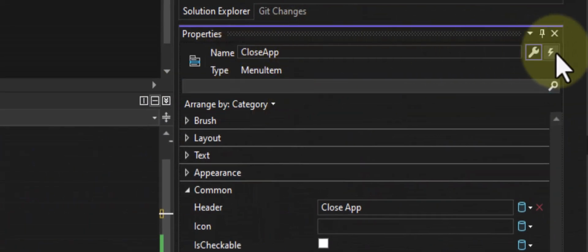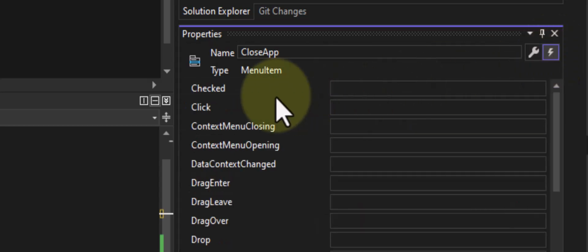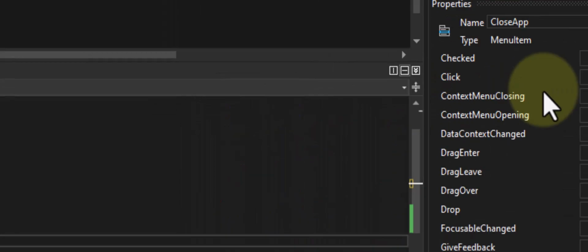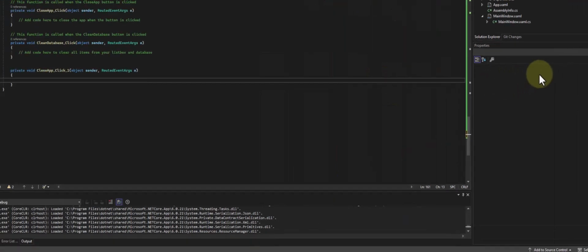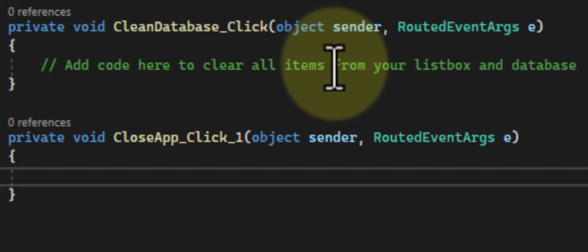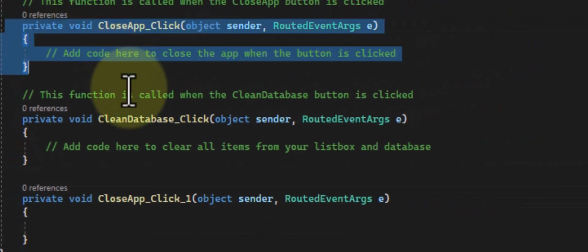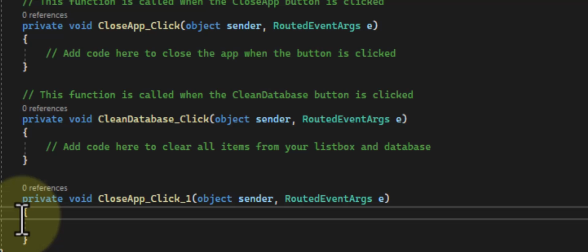I'm going to now go here to this little events button. We'll click on that. And you see where it says click? Since I already named it, I'm going to double click on that. And now it'll say close app click. But because we had our code up that we downloaded before, we already have a close app click in there from your template if you downloaded the template. But if you didn't download the template, this will say close app_1, but just so you can see how